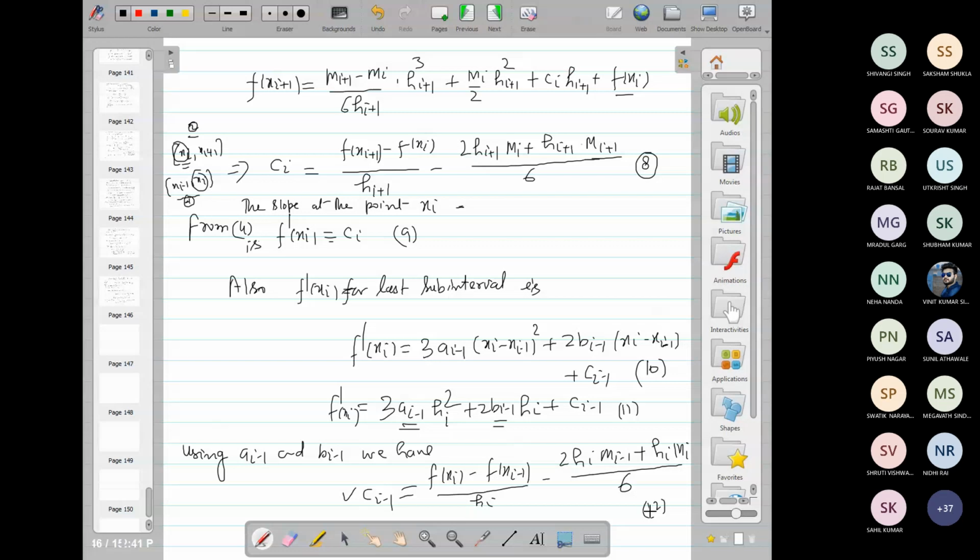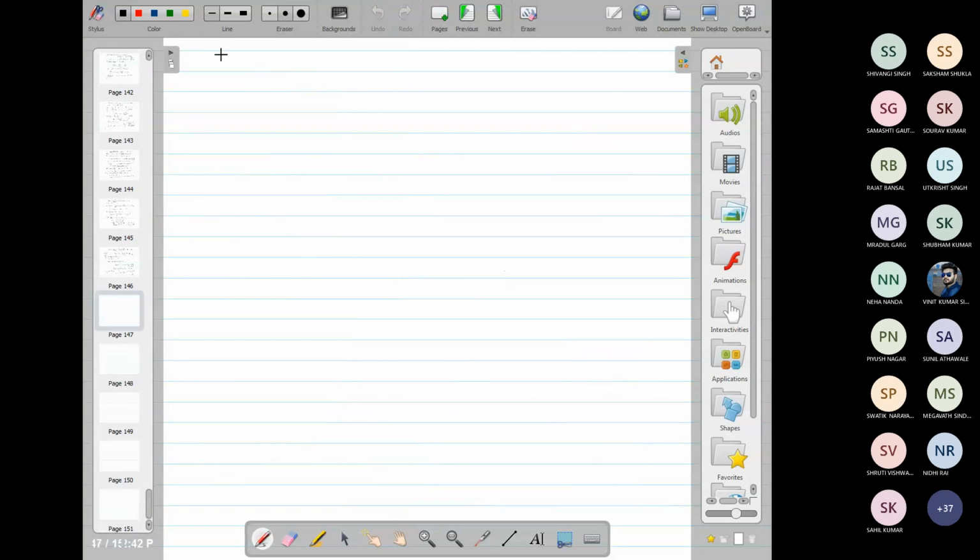So from 10 and 11, you see f dash xi is equal to this and f dash xi is equal to ci. 10 तो एक ही है, सब इंटरवल भी है, ये 10 नहीं होगा, बल्कि इसी को 9 तो 10 इसको कर लीजिए, इसको 11 कर लीजिए। तो from 9 and 10, f dash xi equals ci in 9 and f dash xi is equal to this in 10. तो from 9 and 10, we have ci is equal to